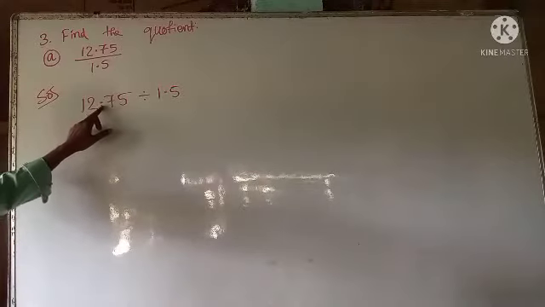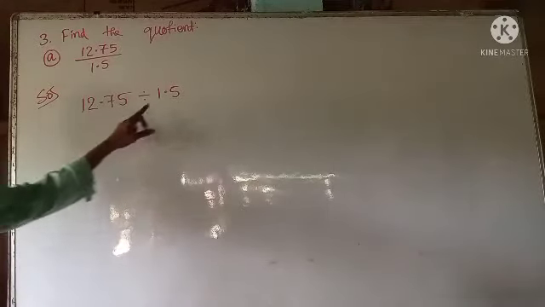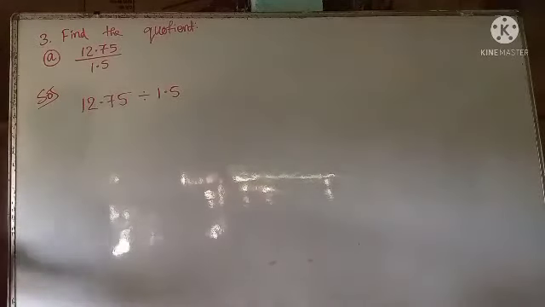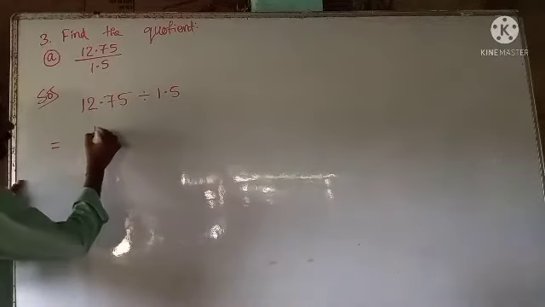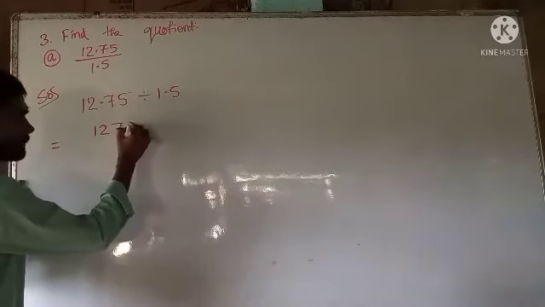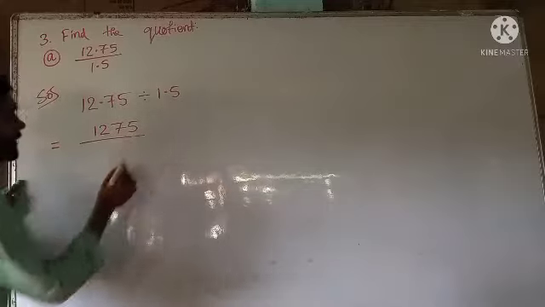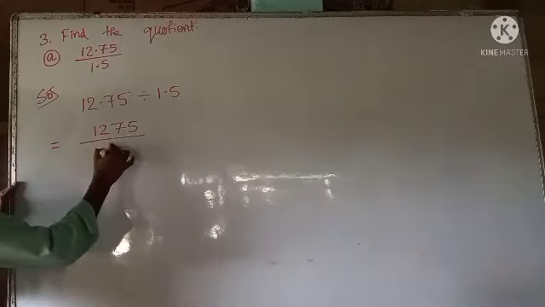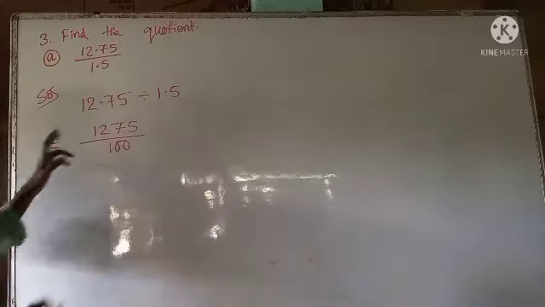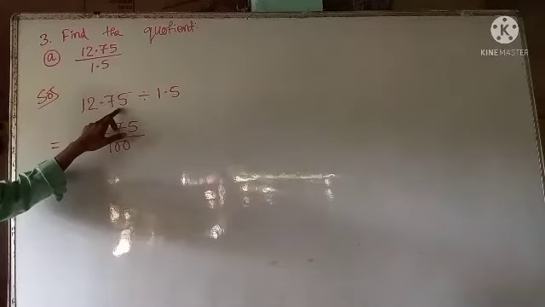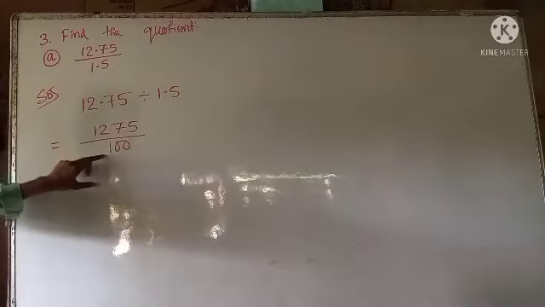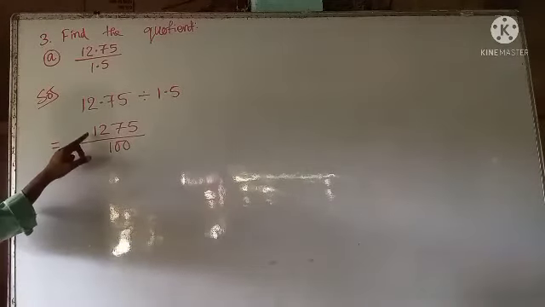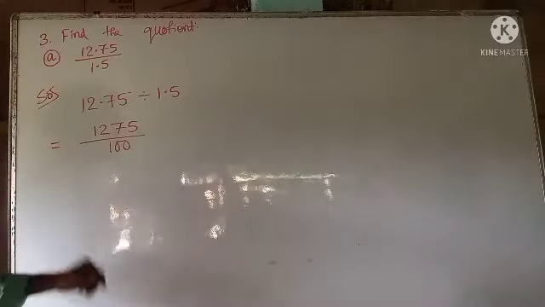Now what we will do is, first we will remove this decimal point. That means we will remove the digits after the decimal point. So how we can remove it is that 12.75, this one we will divide again by 100. That means after the decimal point here there are 2 digits. So we have converted that one into a rational number, that means 1275 by 100.